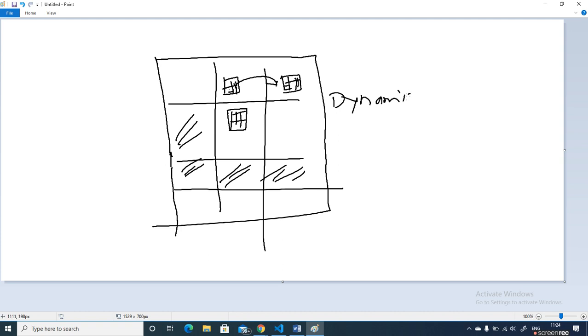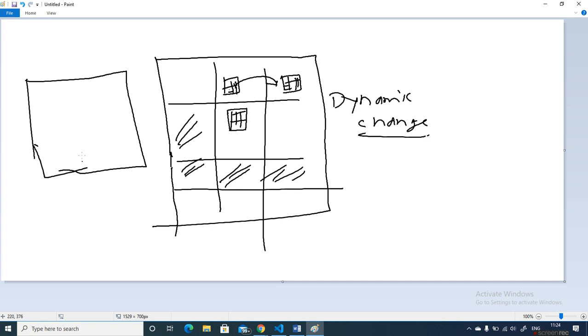What is called a dynamic change? A dynamic change on a page means something you are implementing live. Consider this is my page. On this page, if I click on this button, then something will appear here.